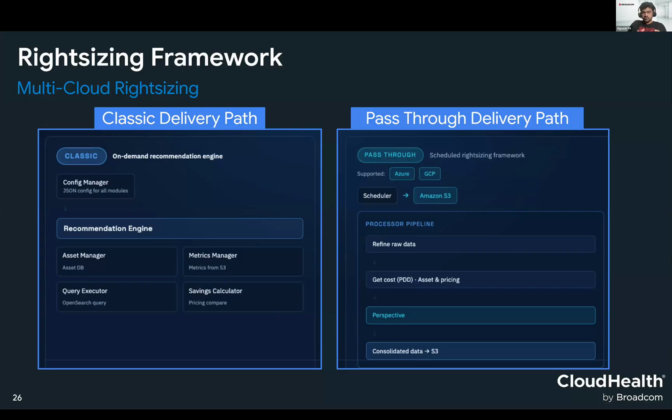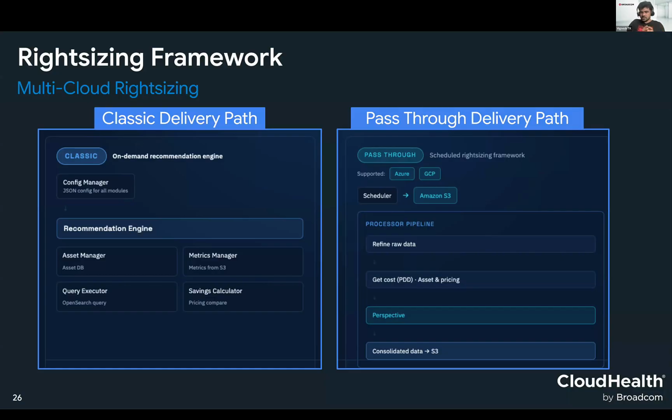We are not just collecting and showing it in the NX. Rather, after we collect it, we have done an extensive analysis of what value we can add on top of the native recommendation. For example, for Azure, we have noticed that the recommendations are good, but the price savings opportunity they give is on the listing price, whereas what we provide in the current recommendation is on the actual cost.